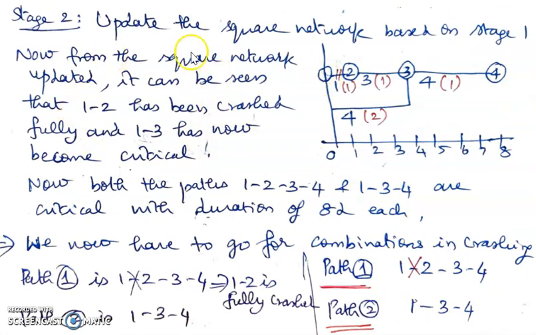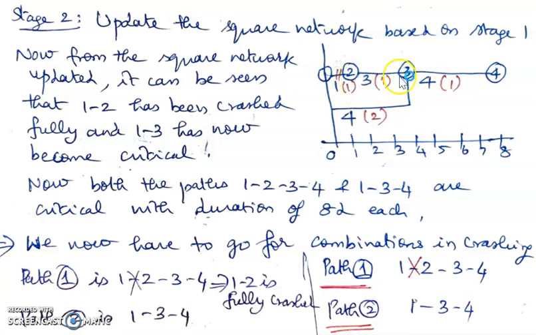So before we go to the second stage, we have to update the square network. So here is the updated square network, which is having a duration of 8 days now. So activity 1, 2 has been crashed from 5 to 1 day. Okay. And there is no further crashing possible because it cannot be brought to zero. So from 5 days, it has been brought to 1 day. So no further crashing is there. And therefore, I'm showing it as a hatched red line. Okay. Red activity. So meaning that there is no crashing further possible.